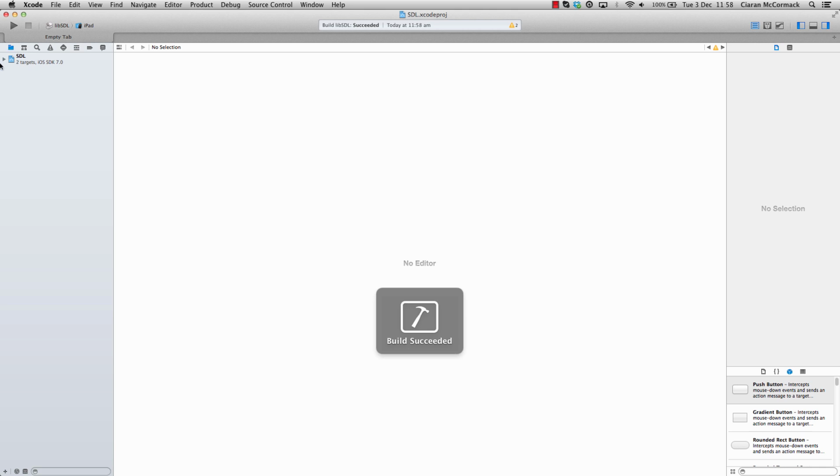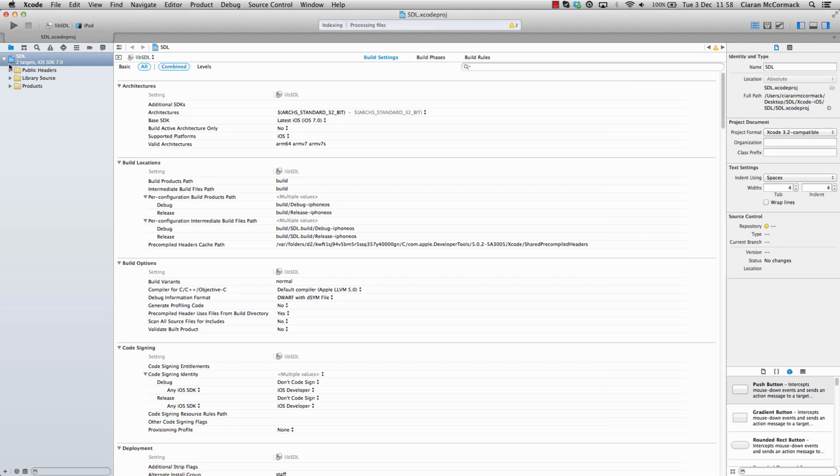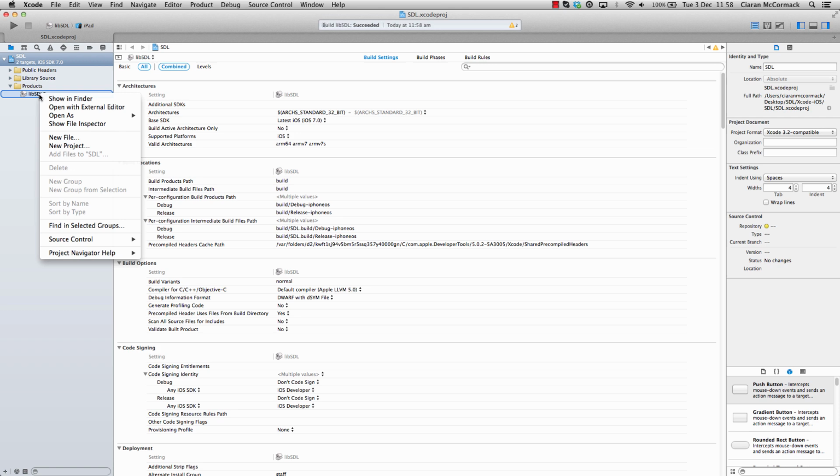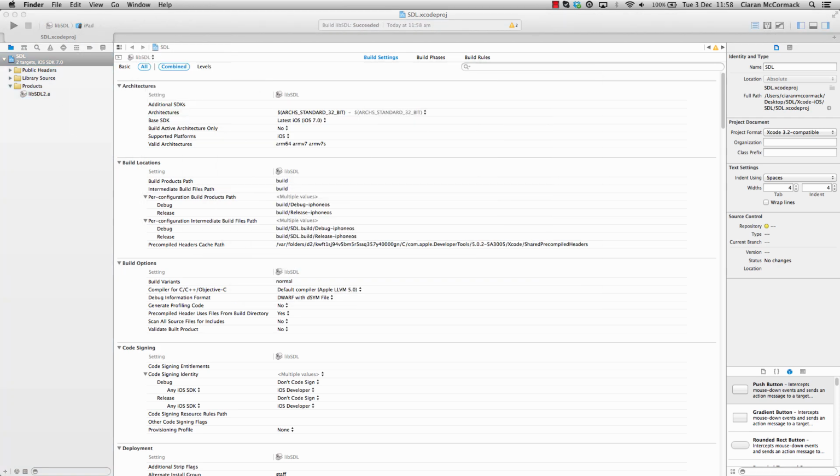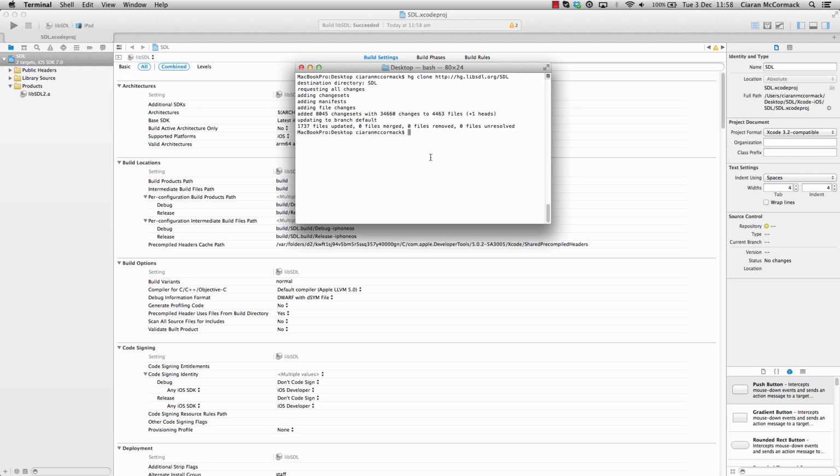And once it's built, in products, that doesn't seem to want to work, so I'm going to just navigate to the correct directory in terminal instead. So in Library, Developer, Xcode, DerivedData, you'll have an SDL directory. Its ID might be a bit different, so my exact path will differ slightly from yours. Then in Build, Products,